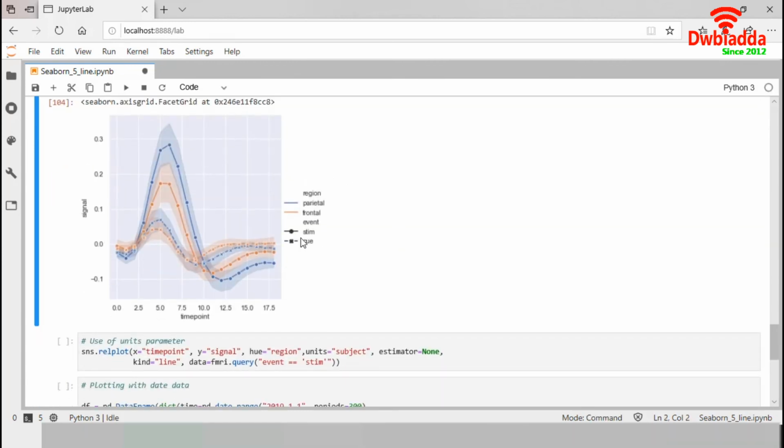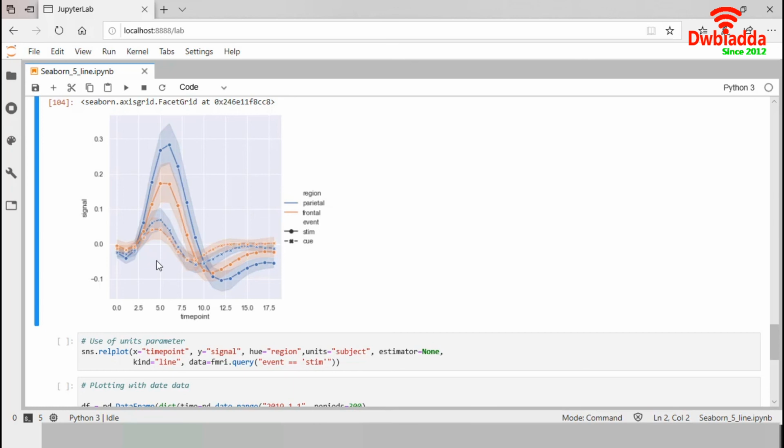So regions are displayed with 2 different colors and events are displayed with 2 different markers. Suppose this orange line with circles represents the frontal region with stim event. Similarly, this orange line with cross represents the frontal region with cue event.